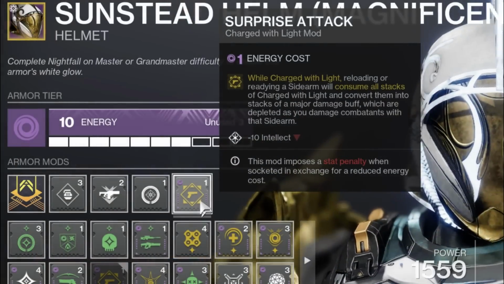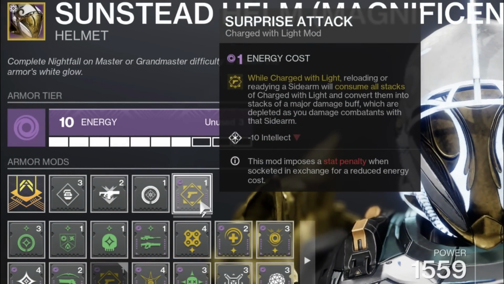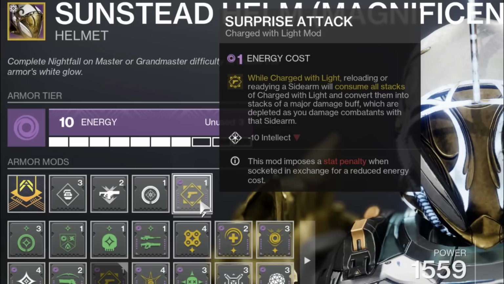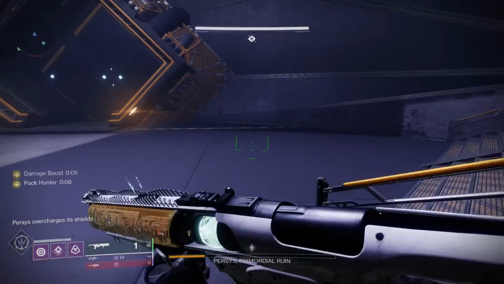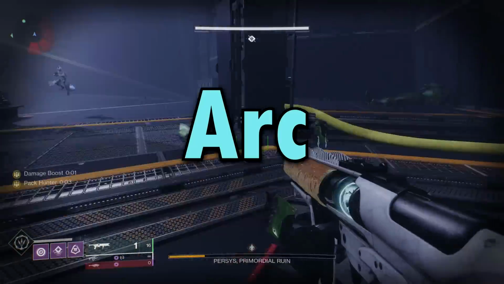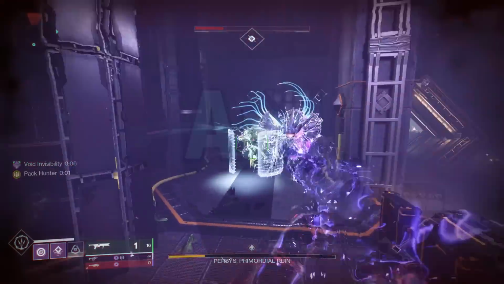Next up, Surprise Attack, which is going to increase the damage for sidearms. Especially now that we have a special sidearm that does a lot of damage, this can absolutely crank out DPS. But moving on from there, we have Arc, and the first couple of mods are some of the most